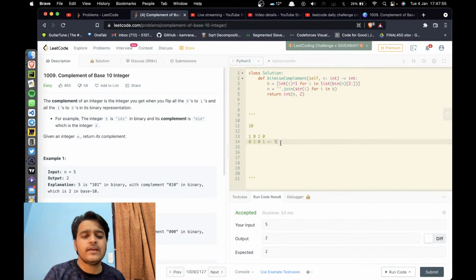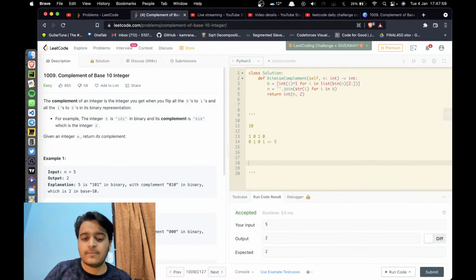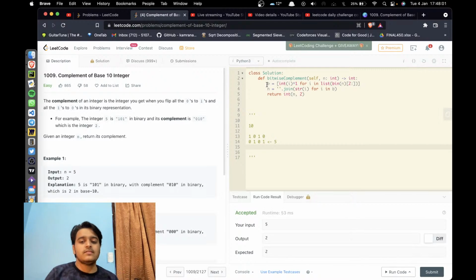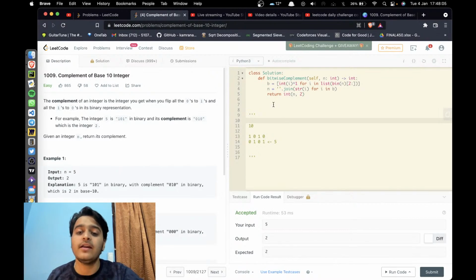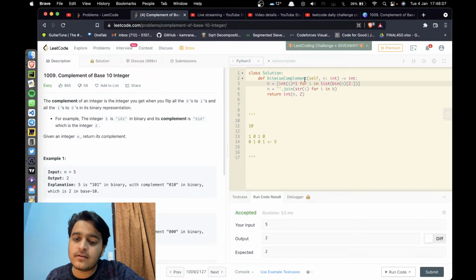There are multiple ways to do that in Python. Let me first explain this approach, but this approach is slightly slower. You will get to understand why. So there is an integer n. I have taken a, you can say it is a binary representation, and I have represented it by b, and it will be equal to